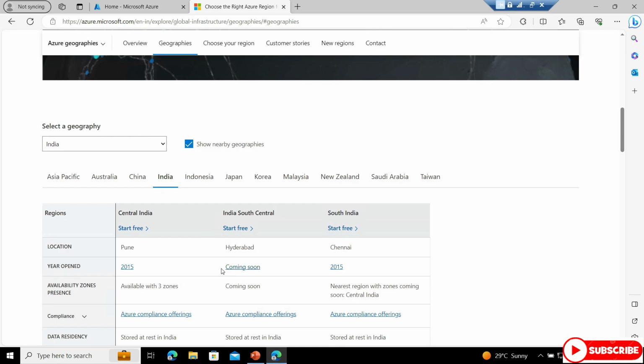The one in Hyderabad is coming soon, so right now we have 2. One is in Pune, another one is Chennai, and they will have multiple data centers. The key note here is that not every service is available in every region. So while deploying your resources, you really need to know that it needs to be close to you, but whether or not that region offers the service that you are looking for.